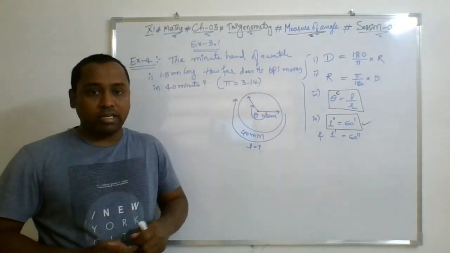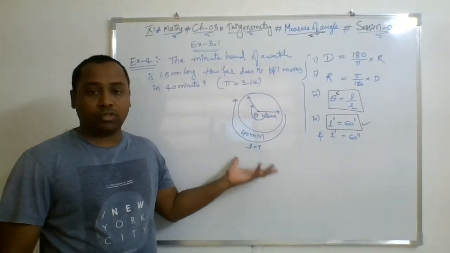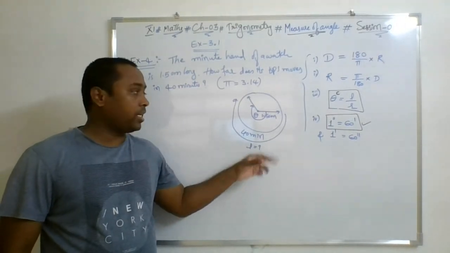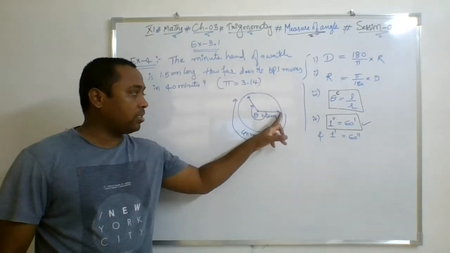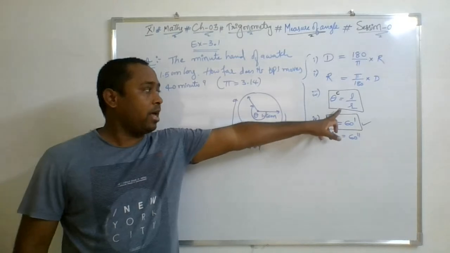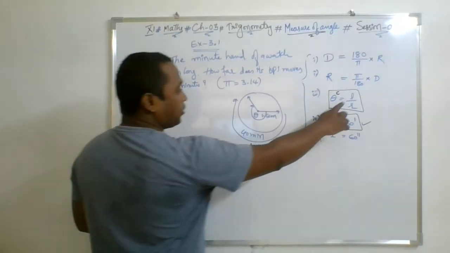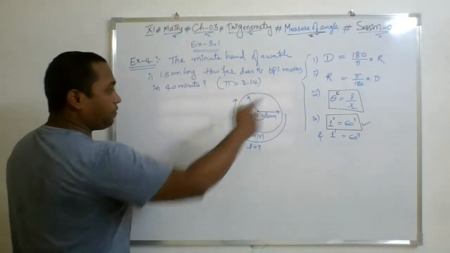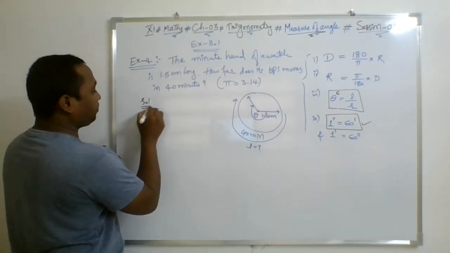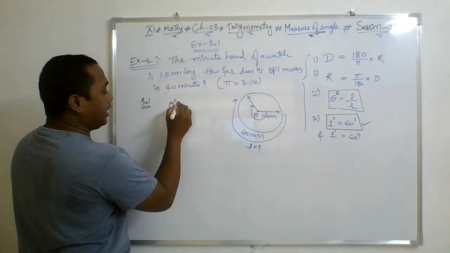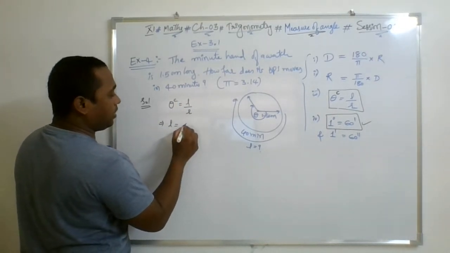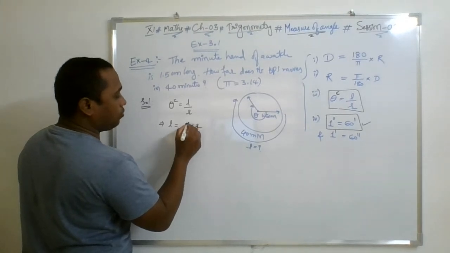So students, if you understood this one, it's so easy to calculate now. To get the length of arc, that is the distance moved by the tip of the minute hand in 40 minutes, we have the formula. What is the formula for the length of arc? From here, in the solution, theta radian is nothing but L by R. It means length of arc is equal to theta into R.